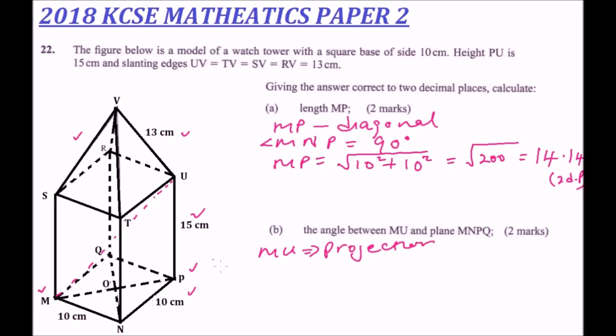By projection means that if we drop MU, it will fall on MP. Therefore, we need to get the angle between MU and MP. In part A, we already got the MP, and therefore the angle we can say is equals to tangent,